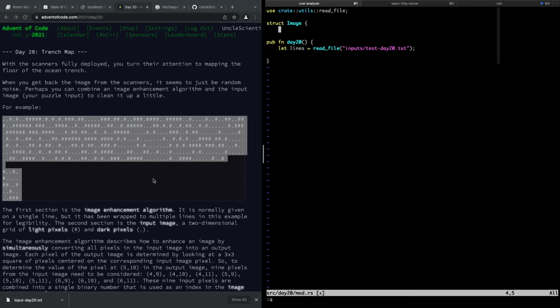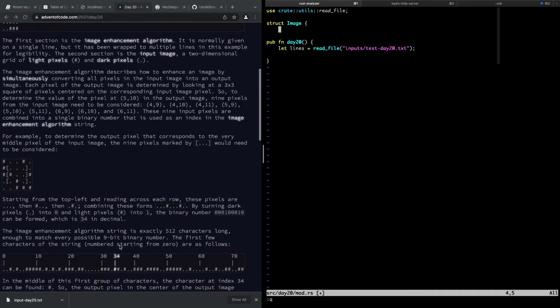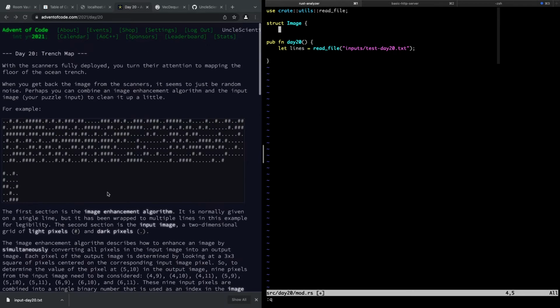For the part of the image we actually have, we'll store as a hash set. I was going to put width and height in here, but every time we scan, the width and height is going to grow by like 2, right? Because this tiny image here,